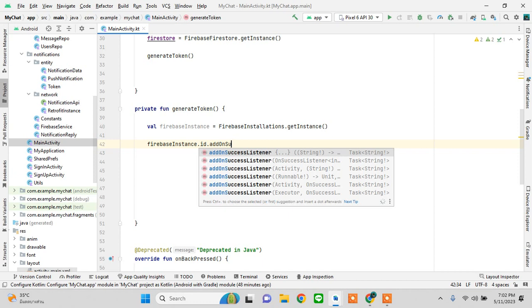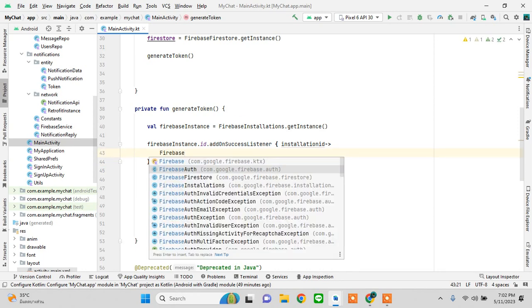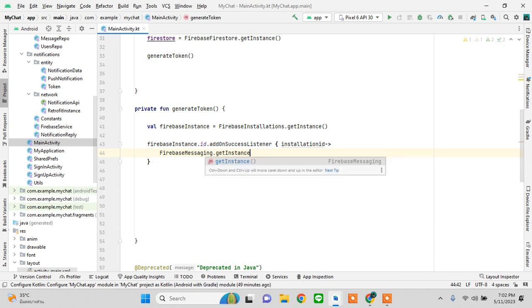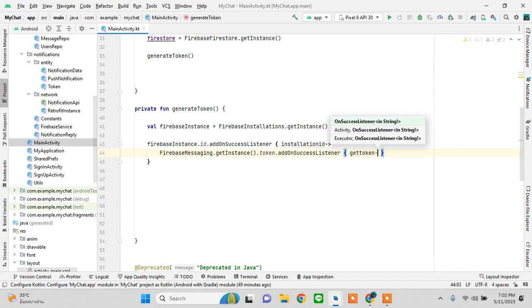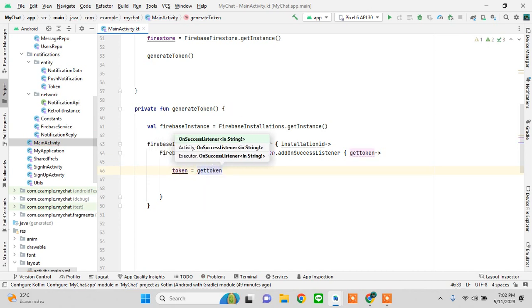ID add-on success listener, installation ID, Firebase messaging, get instance, token add on success listener, get token, and then the token variable that we had taken is going to be equal to get token, and simply